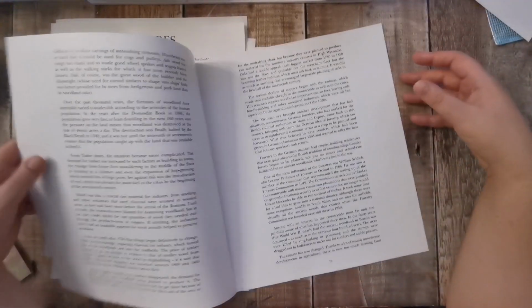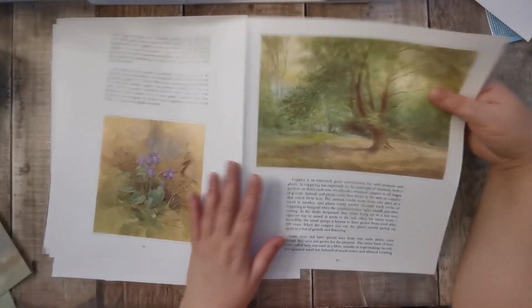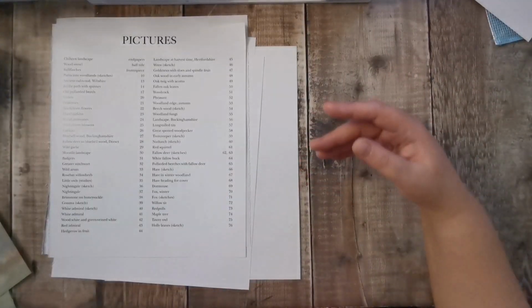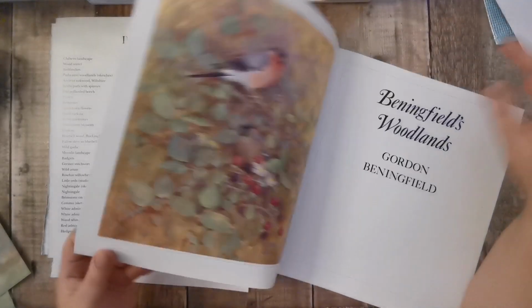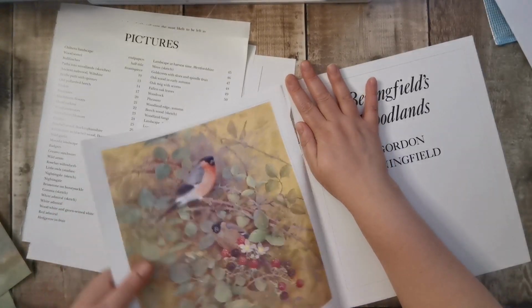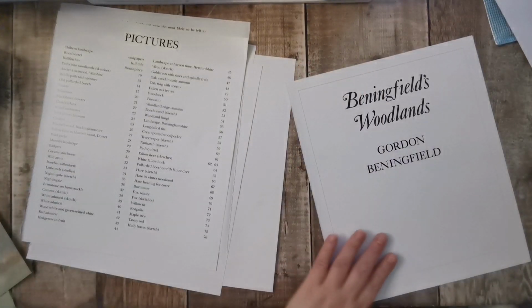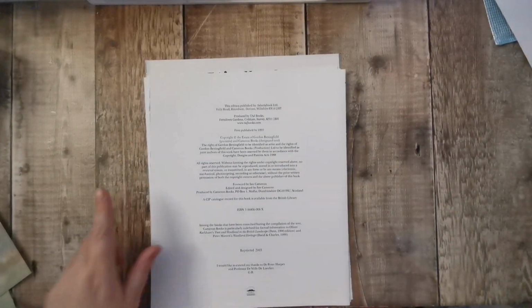So they're both writing. So I've got that one and that one. I'm going to save those because they're a bit more spring-like. Got the beautiful bird, which I'm obviously going to save. And that, so these will go on